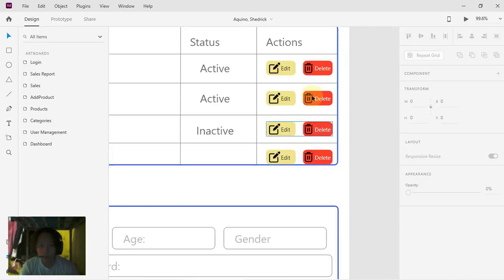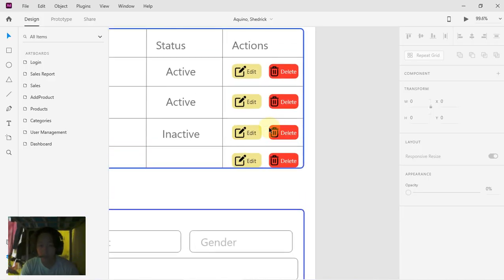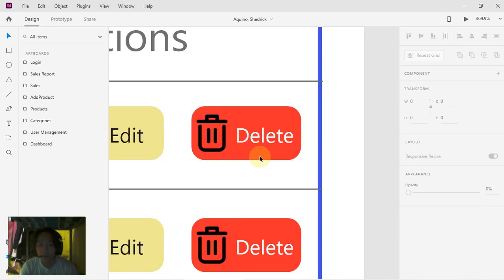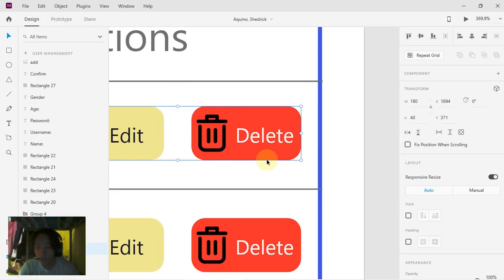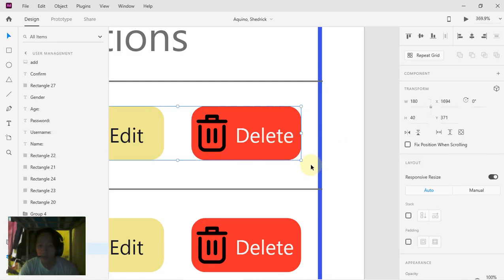Here in the delete and in the actions, it is good since they have icons, they have text here. But as you can see, the buttons, what do you call this, the icons, the text, and the rectangle, what do you call this button, is too